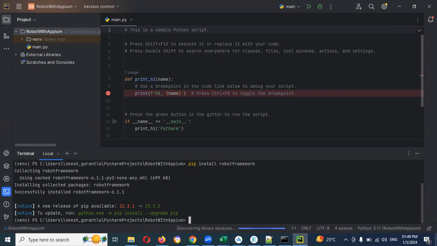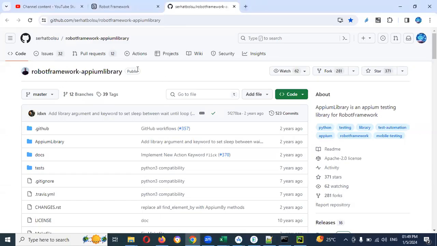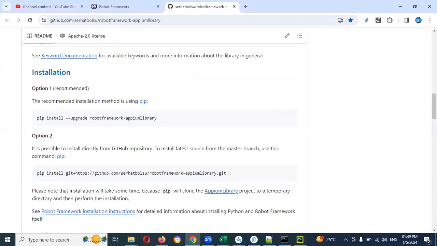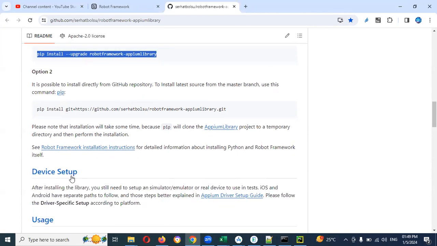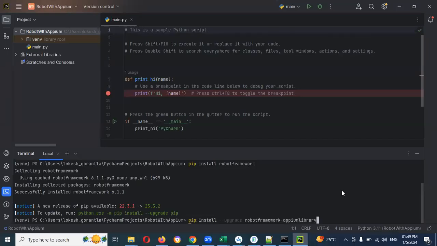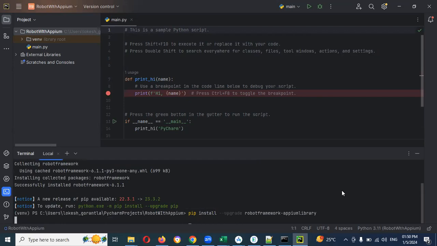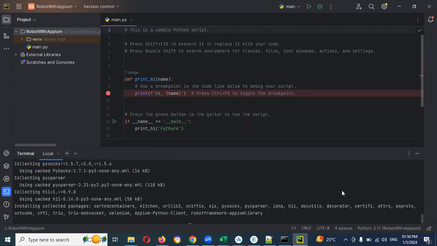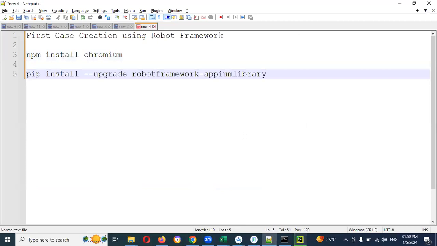Once it is completed, then we need to use Appium as well. Appium we have already opened. This is a GitHub location. They have given some library instructions, what things we can do, the keywords and all, and also this is the installation one. In case you want to get that entire pip, you can do it for this particular one. In case you want Git also, otherwise not required. Now I'm going to install robot framework with the Appium upgradation. This is my plugin. Once I have done,